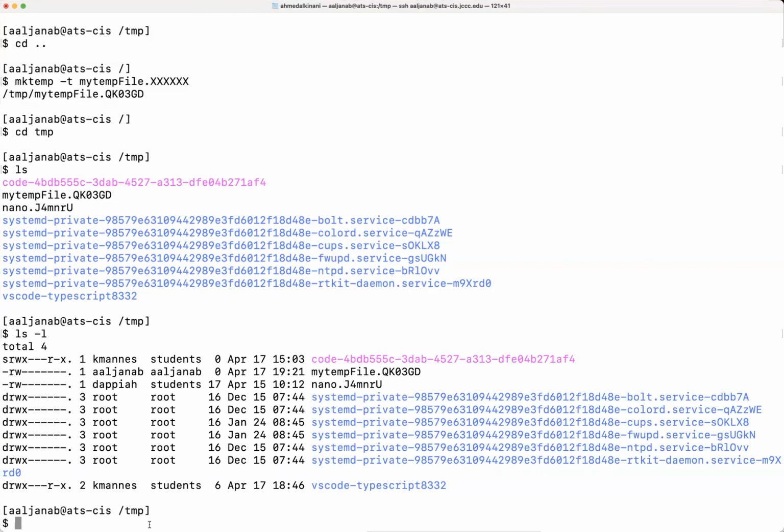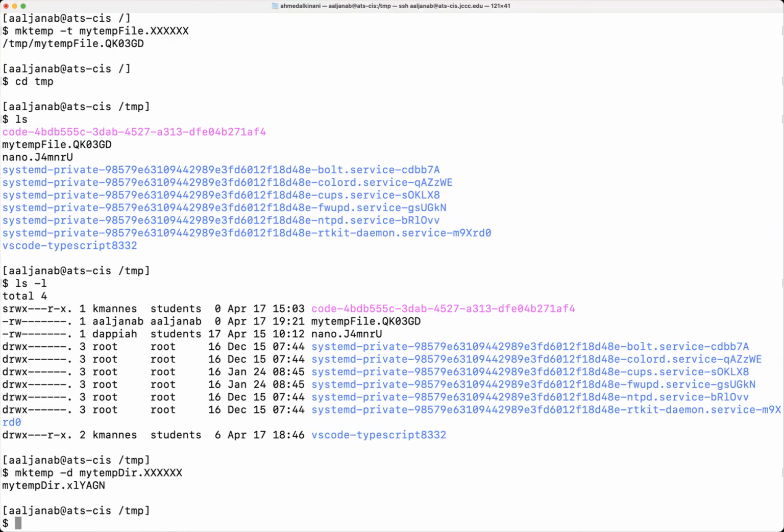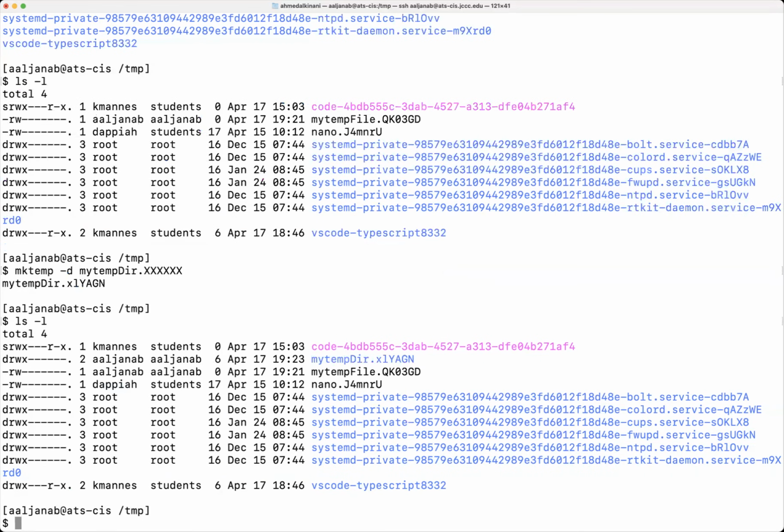Now, again, I could create a directory if I want, instead of a file. And to do so, all you have to do is, let's go ahead and do that. I'm going to go back here, and instead of T, put D. And I will say my temp dir. Now, if I run it, you'll see here immediately got that number. If I say ls -l again, it should be here somewhere. Here it is, my temp directory, and it has that number. Of course, it's going to be empty. There's nothing inside it. But you can see that I was able to create this file and create a folder.